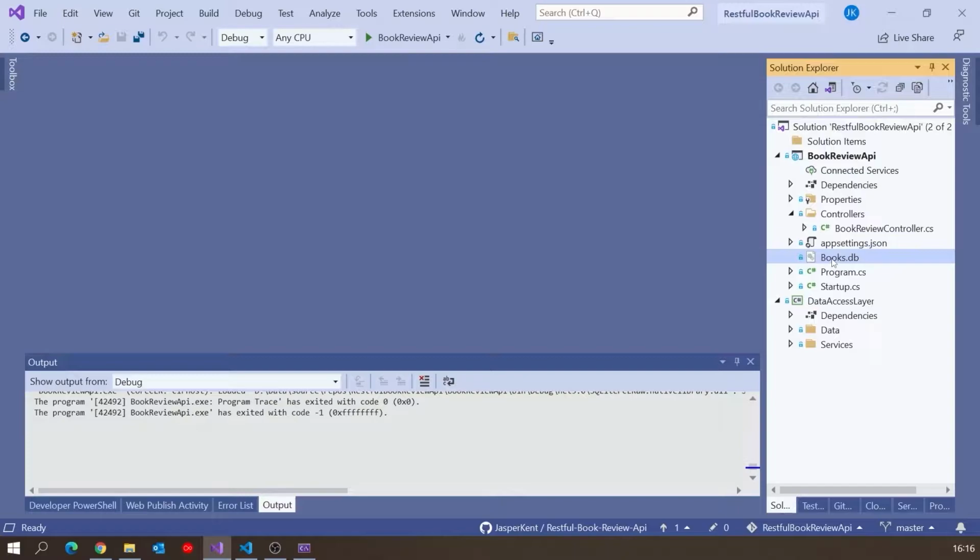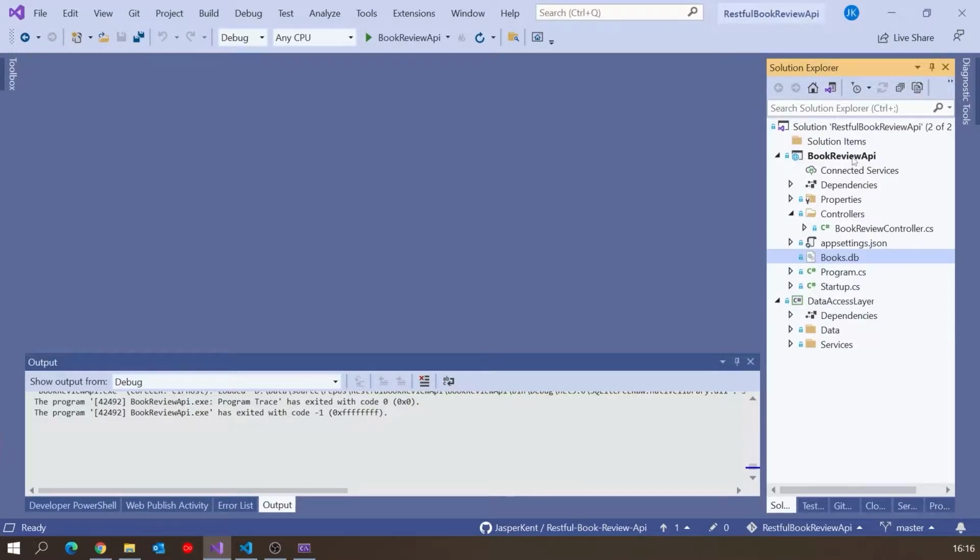You could move on to something like SQL Server or other databases as well, but we're going to stick with that. Because of the way that works, because all the books and all the data we've got are actually in that books.db file, we've got to inform Visual Studio when it deploys this to Azure that that file has to go up there as well, along with the other bits and pieces. In earlier versions of Visual Studio, there was a dialog box that can help with this, but that seems to have disappeared now.